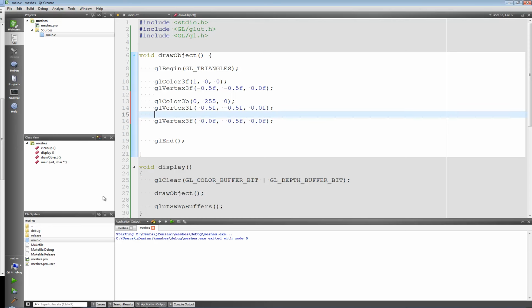So this would be green, and what we should see here is this is the bottom left vertex. X is negative 0.5 and Y is negative 0.5. Should be in red, and here we have the bottom right vertex will be in green, and this vertex immediately above it, there's no color, but if you keep going up you can see here's the color that was set before this call to vertex, so it'll also be in green. Again, it's very important: the color is set before you pass the vertex down the pipeline. If we run it,